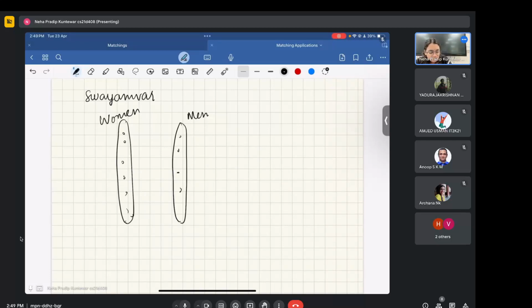So let's say this woman W1 prefers M2 over M3, and so on. So there is some preference for this woman, and similarly the man has some preferences, so maybe W4 over W3 and so on. So these are two-sided preferences,